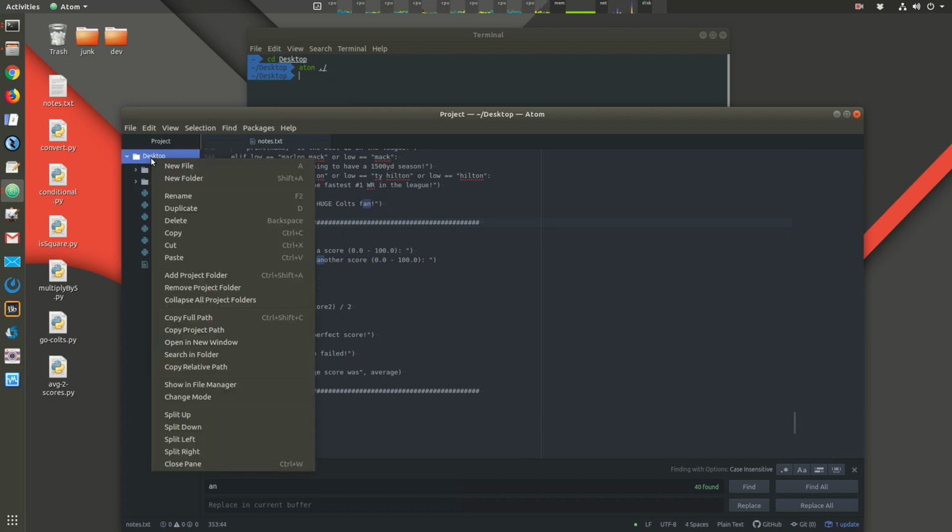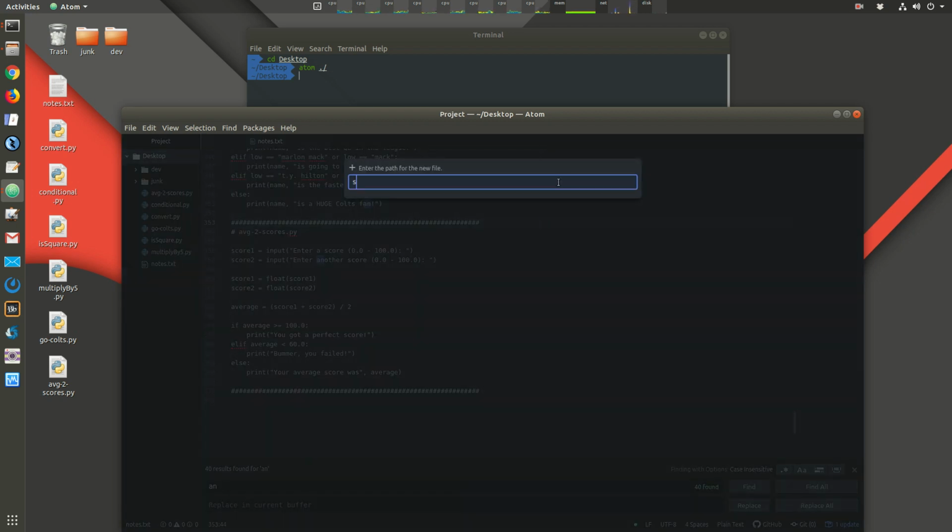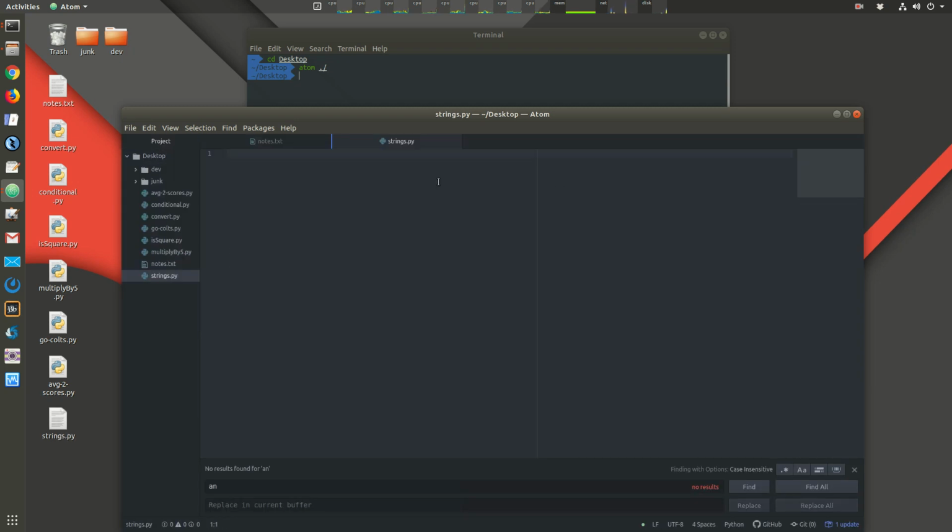I'm going to add a new file here and call this strings.py. Okay, and we're just going to make a little program here. Alright, so first we're going to talk about letter casing. Okay, so we know because of the ASCII character encoding